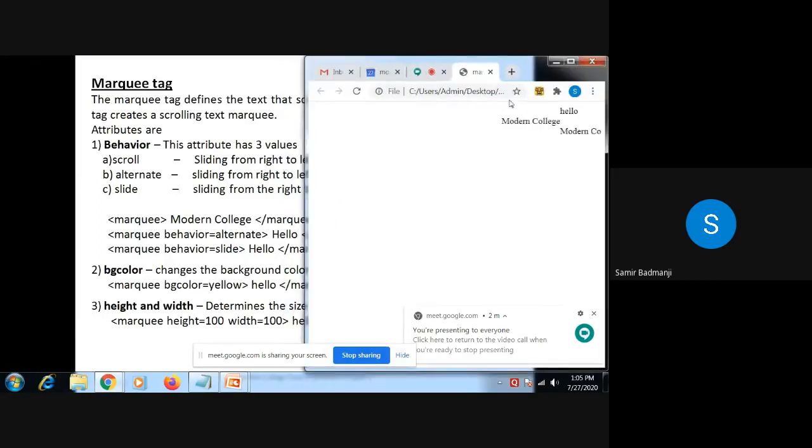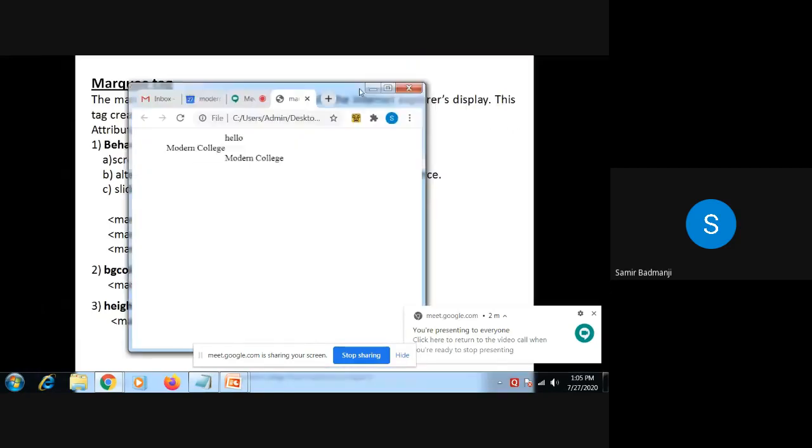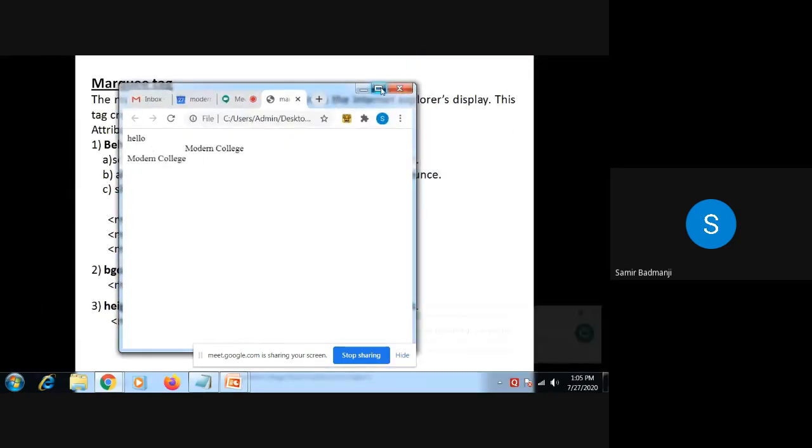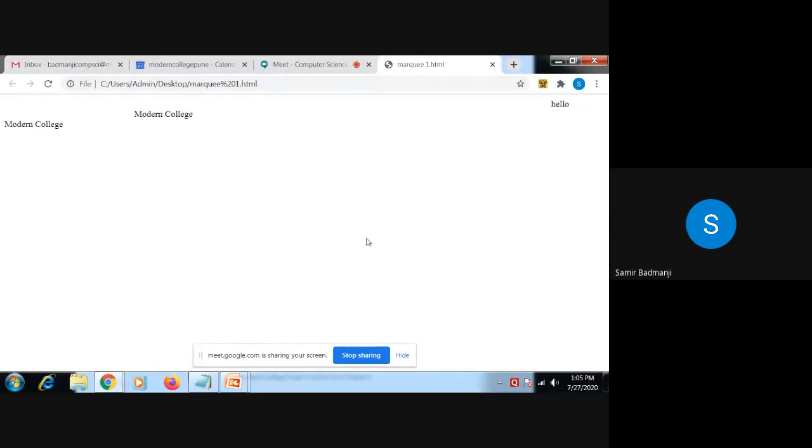Now the three attributes are there. Marquee Modern College. Now see the three attributes. I'll just refresh this. The first one, I have just written marquee, and inside that I have written hello. So this is just scrolling from the right to the left, and it will again go from right to left.